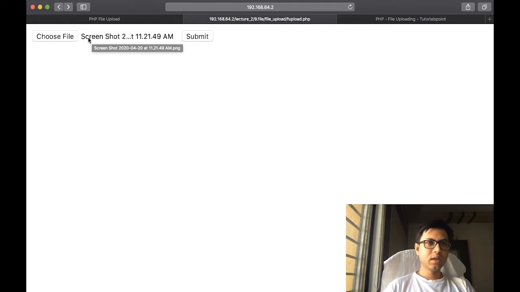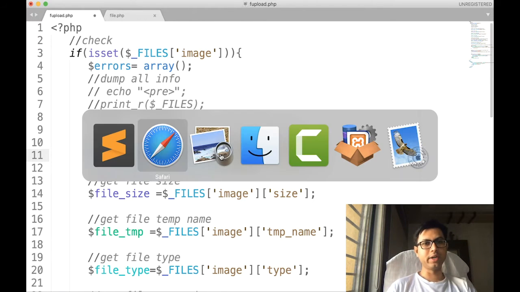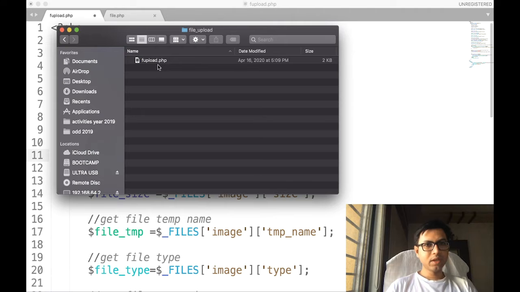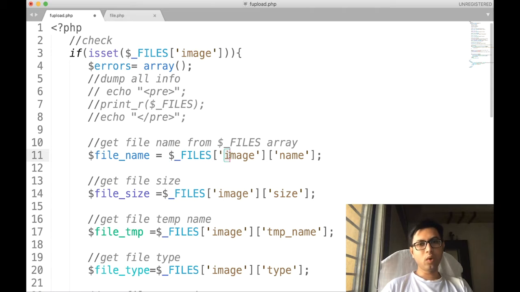It doesn't contain only this much information, but the whole path of the file. That means if we are uploading the image into this particular folder, let us say file_upload, the whole path is going to be stored inside this super global variable, whatever is specified in the input image.